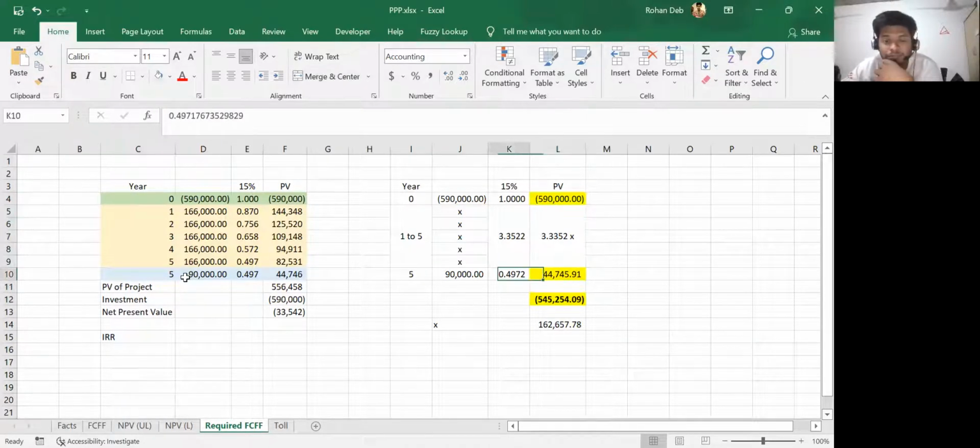For year 5 you use this discounting rate and you'll come to a value of 44,745. If you add these two highlighted things up, that comes to a net investment, net of salvage value, of 5,45,254. So this is my net investment. When you divide that by the present value annuity factor of the 5 years, that comes to